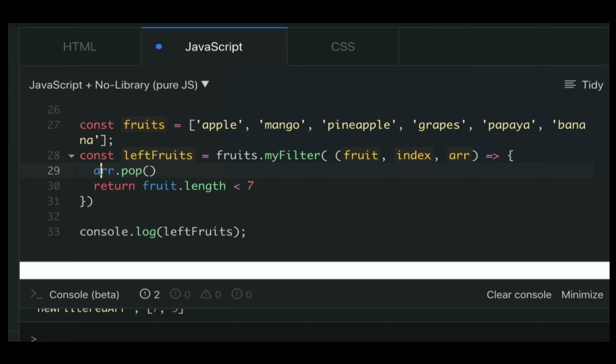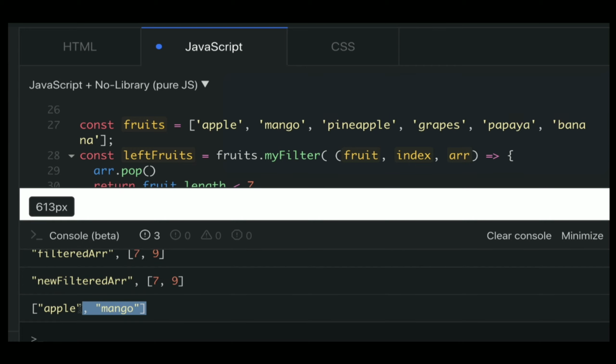What this line is doing is that it's popping one element from the array at each iteration, and pop removes the last element from the array. So for each iteration it's removing a particular element. Let me first run this and show you what the result is, and then I can explain how that result came about, because then you will have more idea of what is expected, what you might be expecting, and what result is coming up right now. So let me run it, and now let me expand and show you.